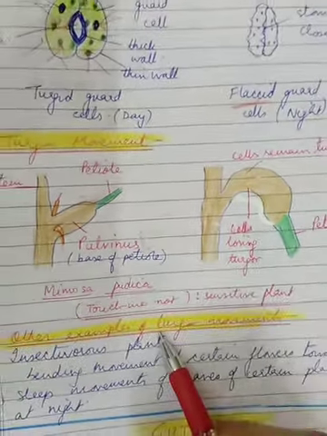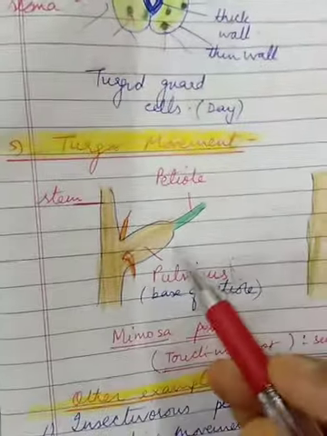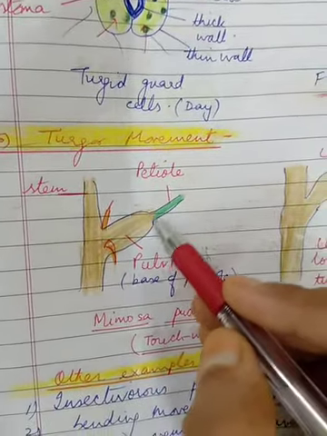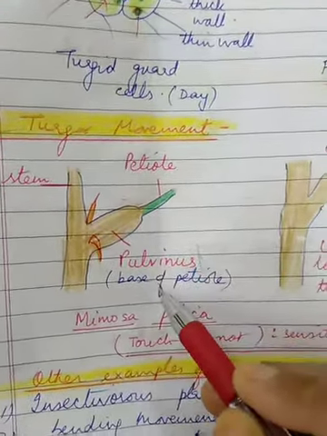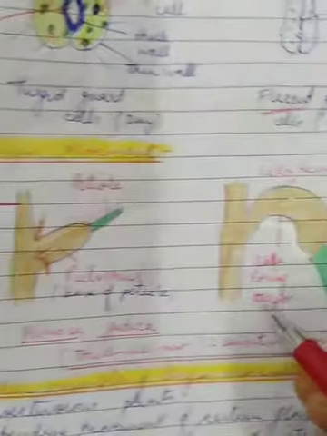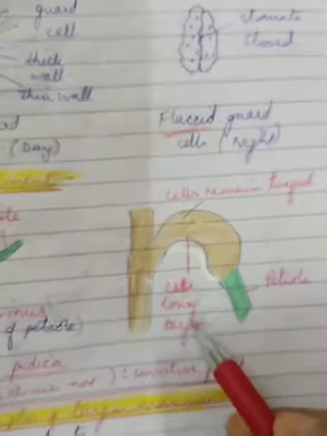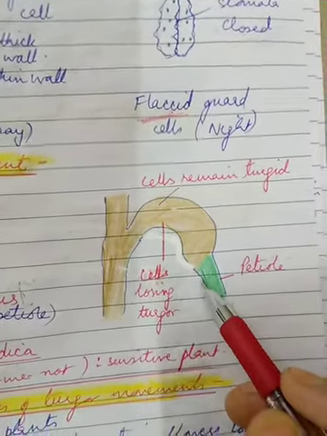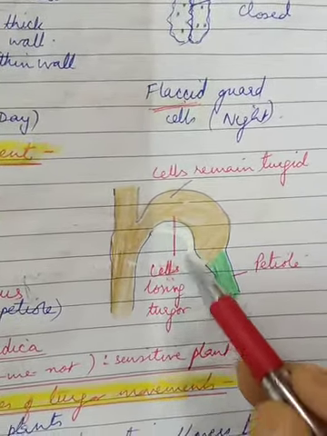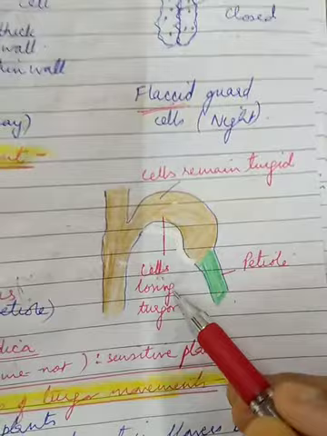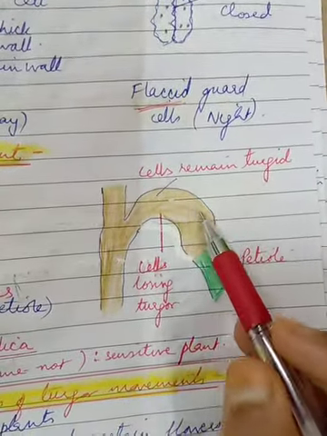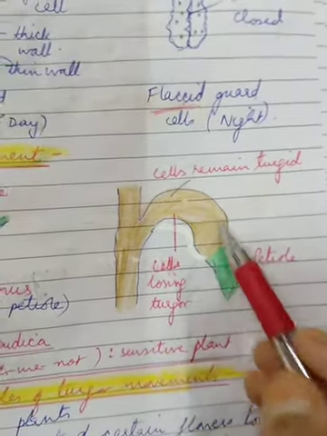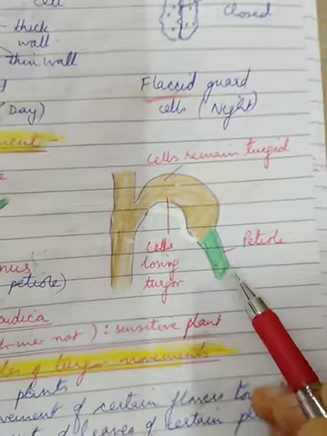So what happens actually? Now in this case, you'll have to understand some terms. This is the stem of the leaflet. This is the petiole, and the base of the petiole is called the pulvinus, right? The moment it is touched, the stimulus of touch leads to loss of turgor at the base. Some cells at this region lose their turgor, whereas the cells above maintain their turgidity. Due to this difference, the leaflet droops down, and that's a temporary change.